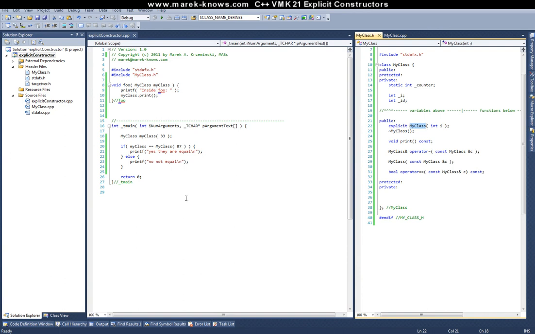So once again, I'm going to reiterate, if you do have a constructor in your class that takes one parameter, you should be using the explicit keyword in front of it to tell the compiler you only want this object constructed explicitly, not implicitly, and do a conversion for you. If your constructors have no parameters or have more than exactly one parameter, then you don't need to use the explicit keyword. So for instance, if you had